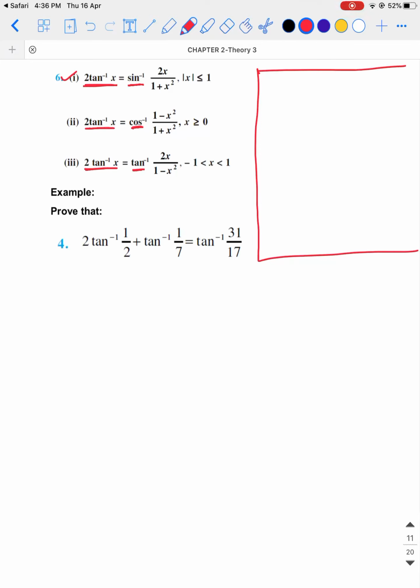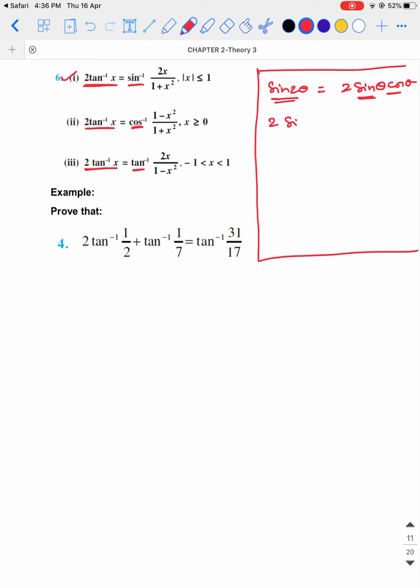We know the formula for sine 2 theta. You would have learned sine 2 theta is 2 sine theta cos theta. But remember, sine 2 theta can also be written only in terms of tan. If you observe here, it is written in terms of sine into cos. Now we can write it only in terms of tan.